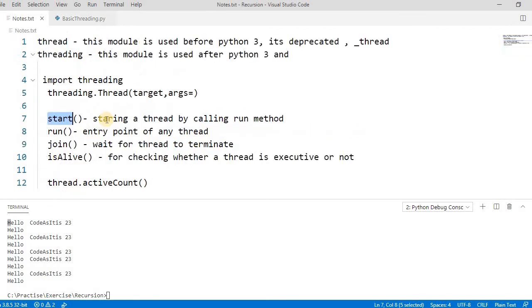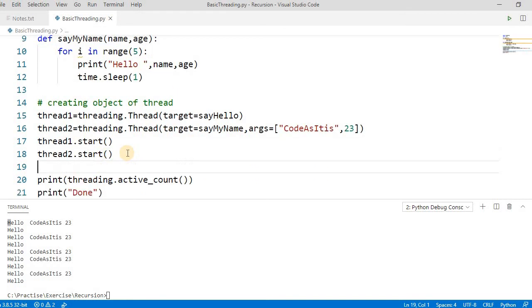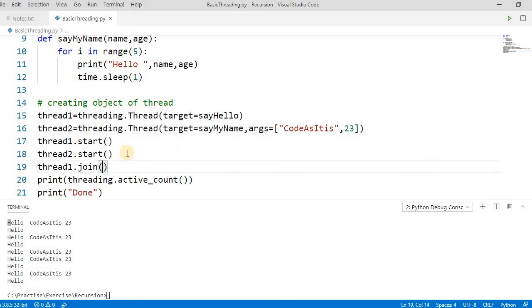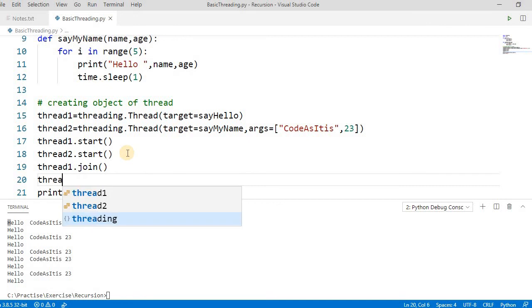For that we have seen here there is a method join. It waits for the thread to terminate. So we have to do something like thread 1 dot join, and then thread 2 dot join. Simple.